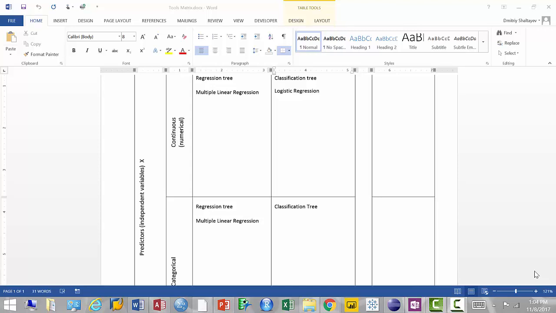Today we're going to start a new topic. For the first time this semester we're going to talk about unsupervised learning methods and techniques, okay? But before we begin, what I wanted to point out is one thing that I forgot to do in the